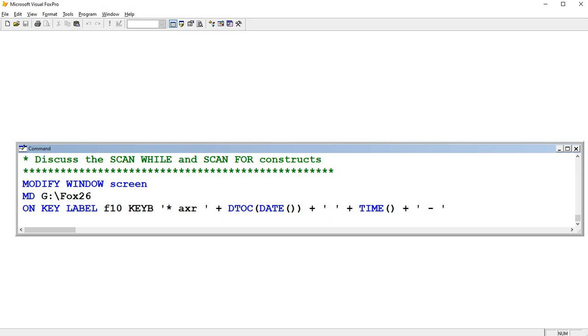Then I want to take the date, but we can't combine date expressions with character expressions unless we convert them to character expressions. So DTOC converts a date expression to a corresponding character expression that still looks like a date. In other words, it'll still have the mm/dd/YYYY format,